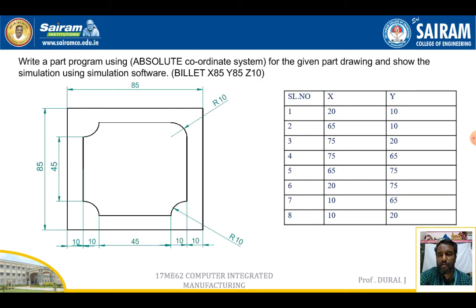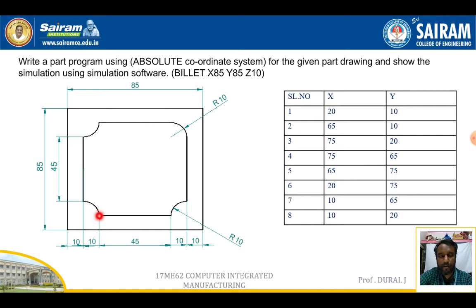Okay, then we come to see the program over here. So this is the outer one, the raw material. Here we are going to make this type of profile. So here the Z is 10, this component will be 10 mm depth. So in this one only 5 mm of material we can remove. Okay, so that is the point we have to remember. So this is 0, 0, 0. From here, all the other coordinate points we are going to mention. First point, we are going to start from here. So this is the first point, second, third, fourth, fifth, sixth, seventh and eighth.